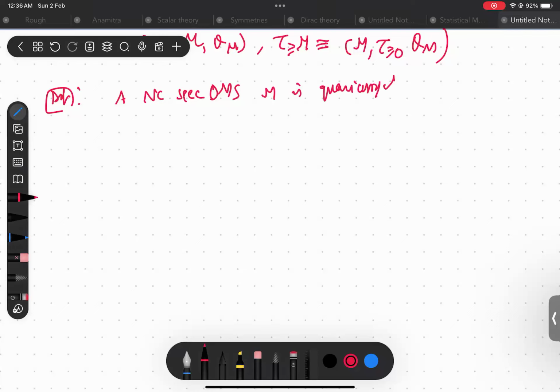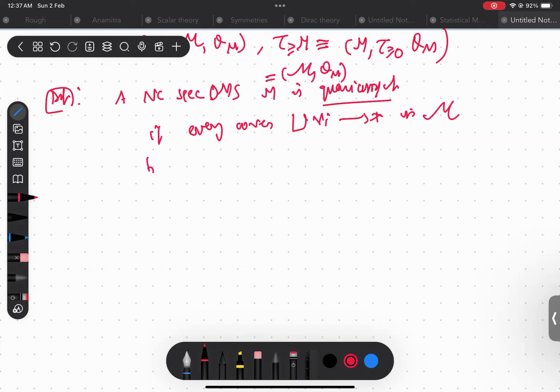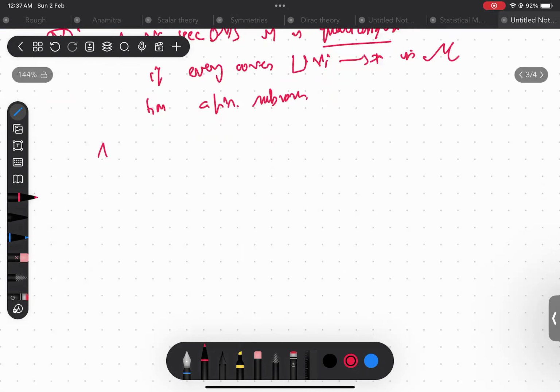quasi-compact if every cover, say V_i, in M has a finite subcover. Right. Okay, now here comes a few more definitions. So a morphism